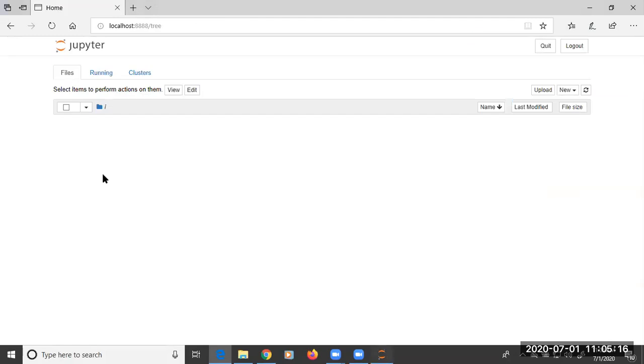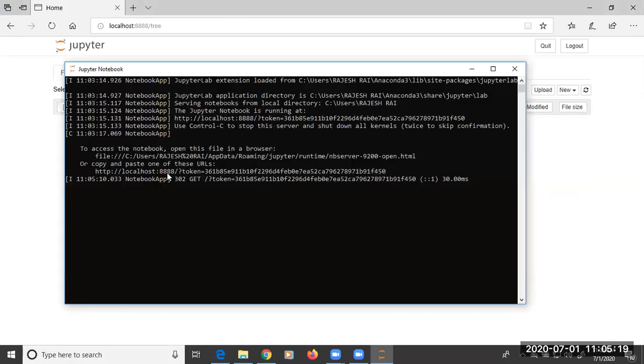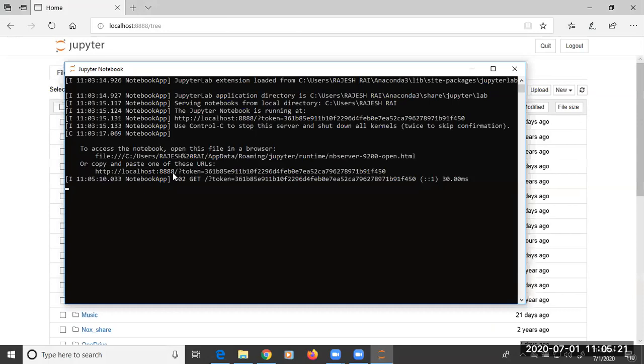I just copied this localhost 8888 URL and pasted it in one of the web browsers. That means this command prompt is going to support the respective browser to operate the Jupyter Notebook.